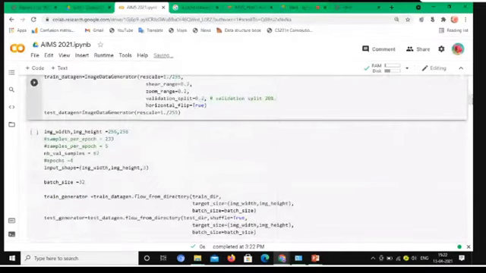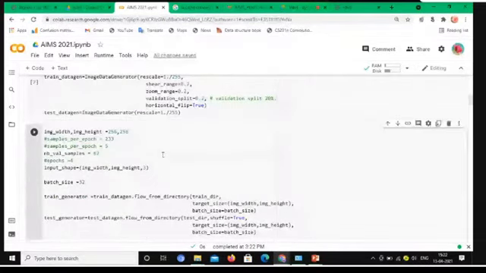Next is image height and width. Here I will give the image height and width as 256 by 256, and the number of samples as 62. The input shape is based on this image height and width, and the 3 is the number of channels. Next is batch size.